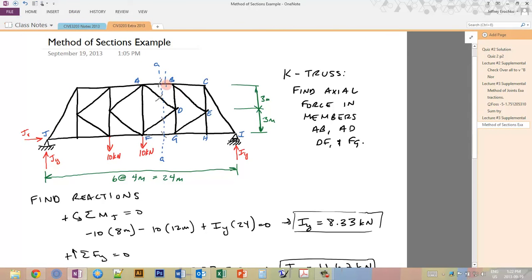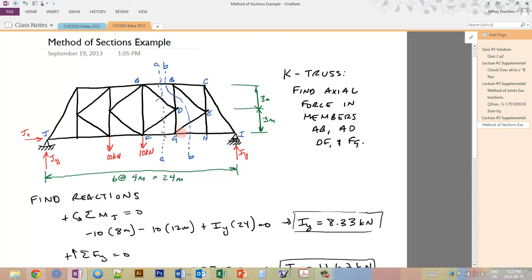So if we cut like this, and we call this cut BB, this member here, AB, is in common for both cuts. So this is the one that we're going to solve for in order to reduce the number of unknowns in AA to 3. Now the other 3 here that we've cut, this vertical one BD, this diagonal one GE, and this horizontal one GH, if you draw lines through the forces for these, they all go through a single point G. So if we were to take a moment equilibrium about G,